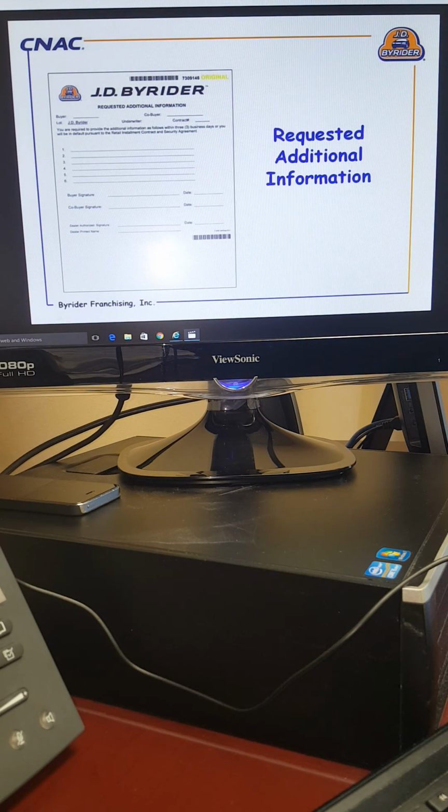It's fairly common that a buyer leave the store without providing CNAC with required information, such as a complete list of references or proof of residency. CNAC requires that the customer sign a requested additional information form that lists the missing information, as well as a date that the information is